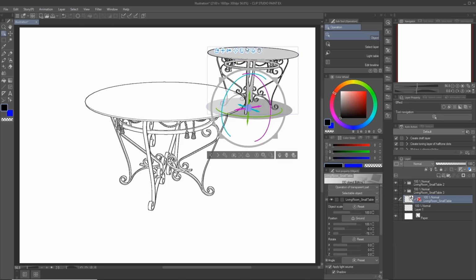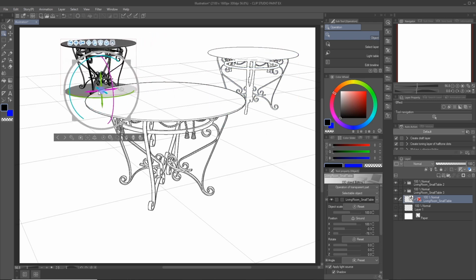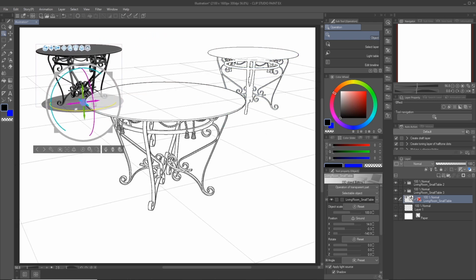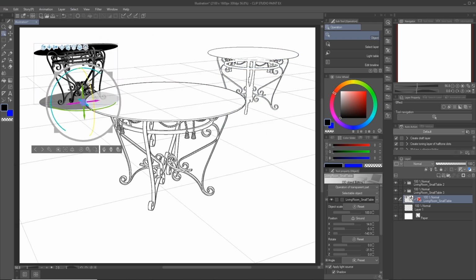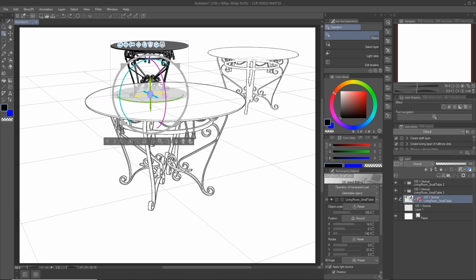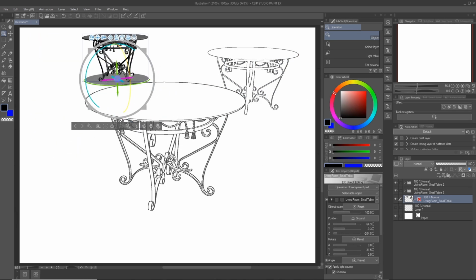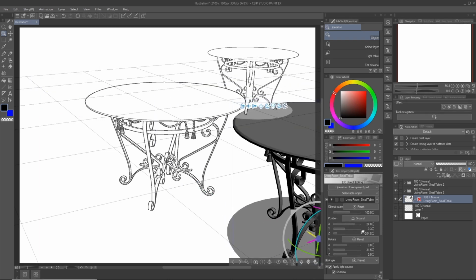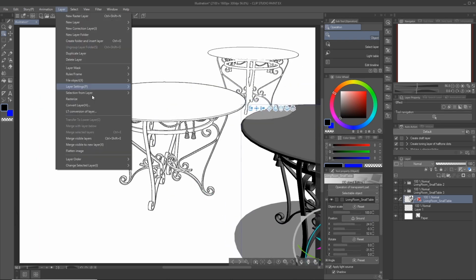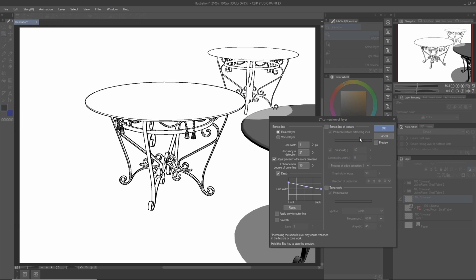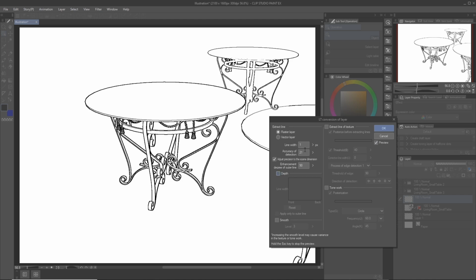And let's bring up our 3D object one more time, position it in space. Maybe we should rotate it for some variety. Or we could even have the table flipped over. But let's make it a little bit more civilized. Actually, maybe we'll bring it right up front. Layer, LT Conversion of Layer, Preview. I'm going to turn off the depth this time. Turn up the accuracy detection.